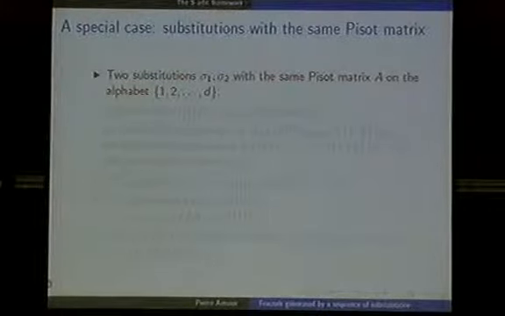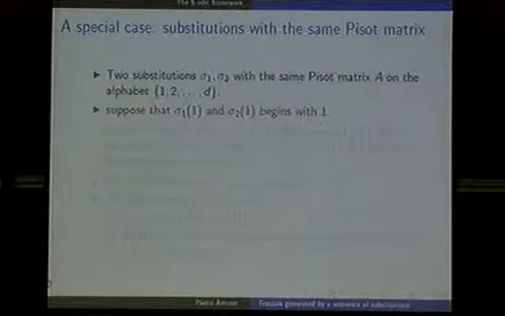Okay? So now this allows me to build the cut and project scheme because already I have my Pisot substitution, my contracting space, which works for both substitutions. And for example, I will have no problem with primitivity because primitivity depends on the matrix and they have the same matrix. So to make things easy, but this is in fact irrelevant, but it becomes technical, I will suppose that sigma 1 and sigma 2 of 1 begins with 1. Now,